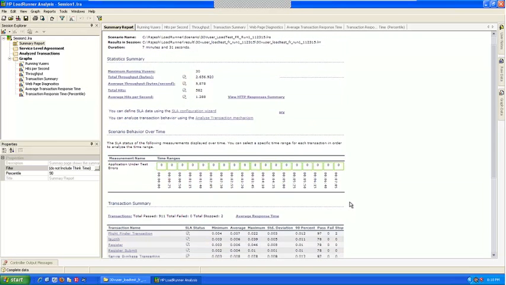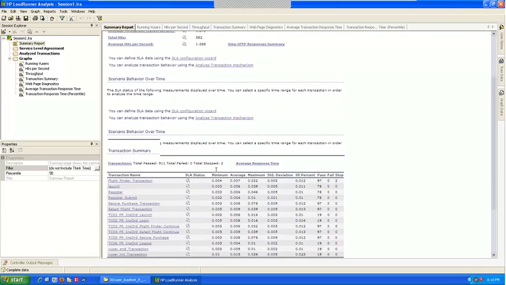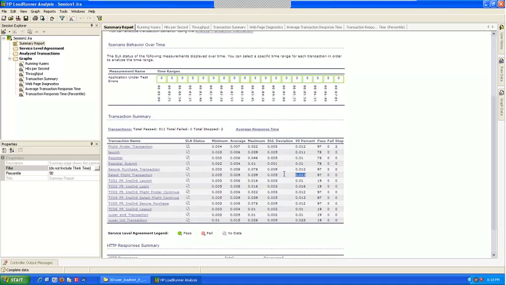This 10 seconds changed to 0.5 seconds. You see here, the overall action response time and the transaction response time is matching now. That is the thing you have to do for the response time.